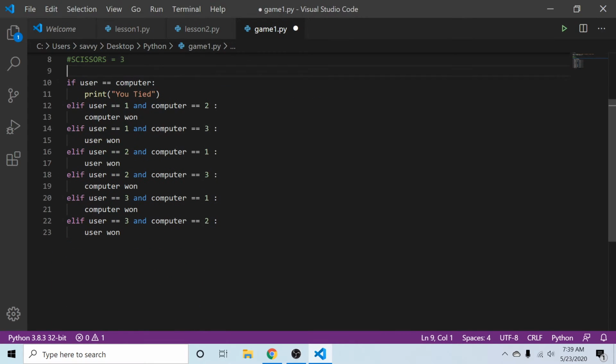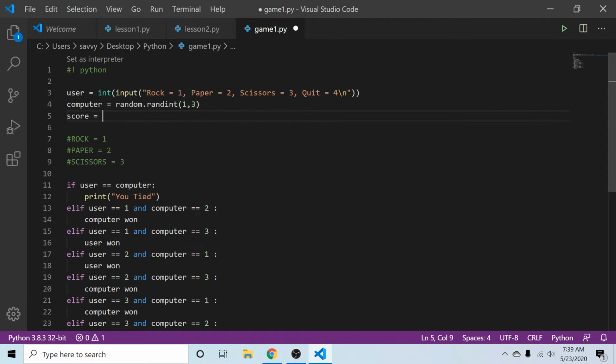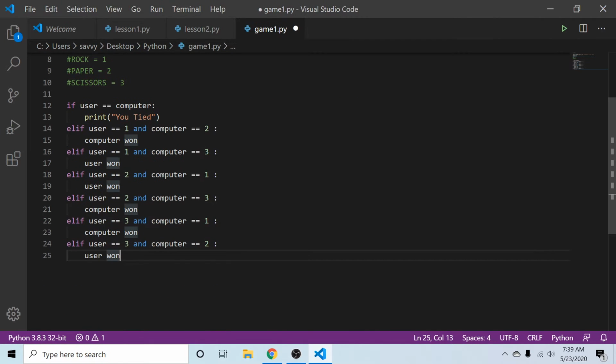So I'm just going to keep this for reference. And if you tied, we're not going to do anything. We got to keep score here too. So I'm going to write a score equal to 0. And I guess we really need a user score and a computer score. And then we'll just print out at the end of all this the current user score,